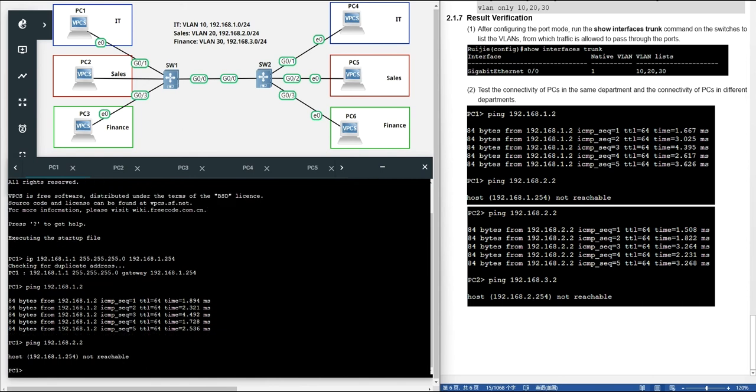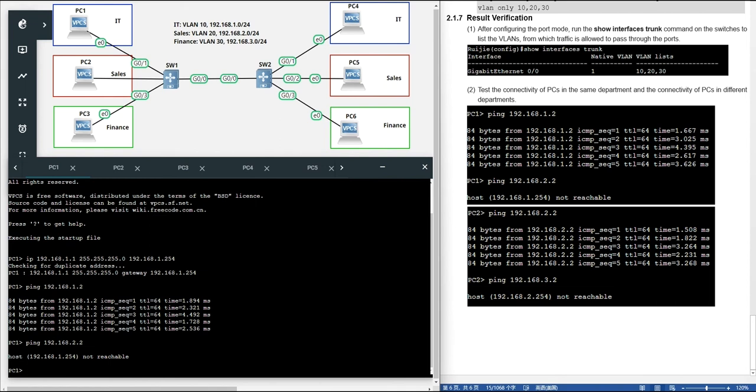They cannot ping, we have two reasons. The first reason, they belong to different VLANs, right? They cannot directly communicate by layer 2 network. The second reason is, if you want to communicate with different IP segments, because PC1 belongs to 1.0, but PC5 belongs to 2.0, we have to give the configuration of gateway.